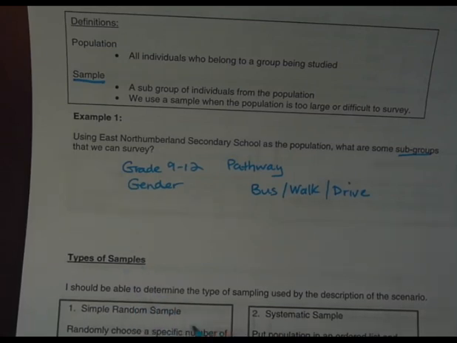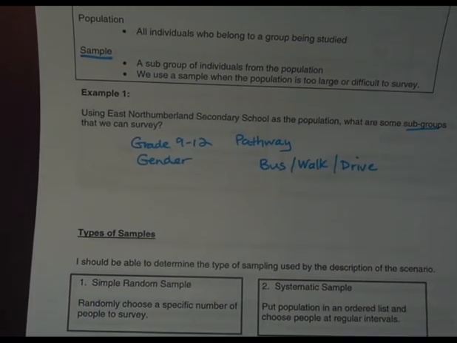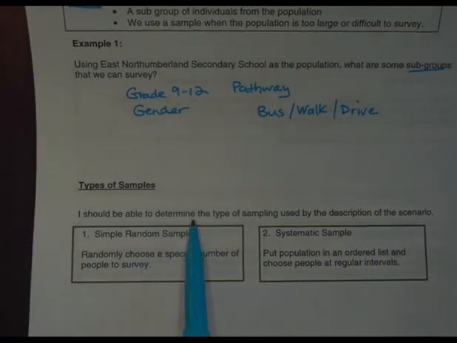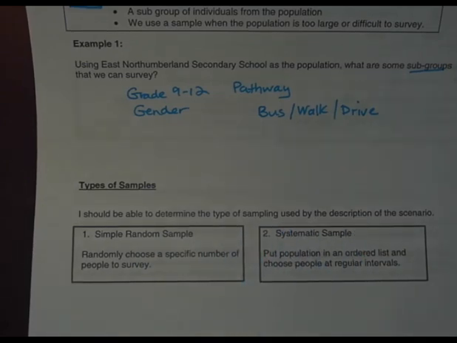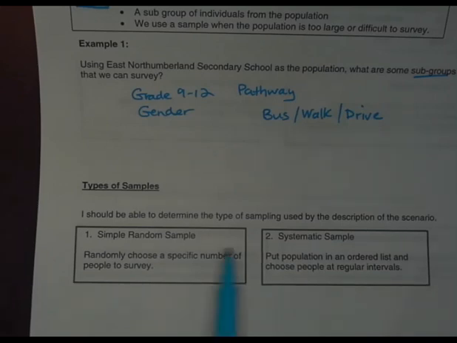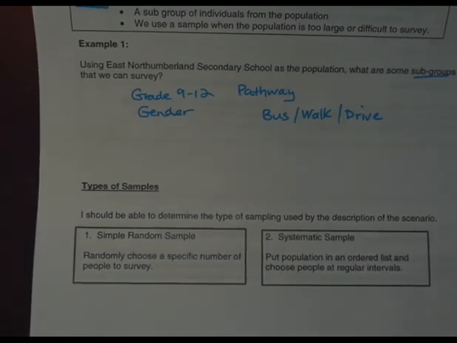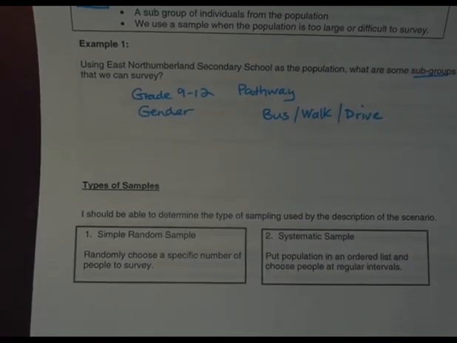There are different types of sampling techniques, and what we're trying to do here is determine the type of sampling technique used from the description of a scenario. If I give you a scenario, I should be able to say it's systematic, or it's a simple random, based on the information that's given. So, a simple random